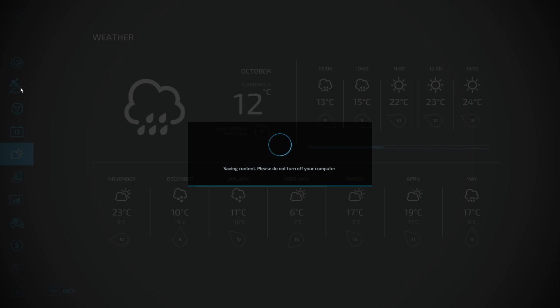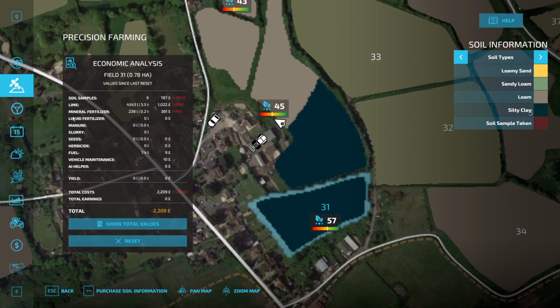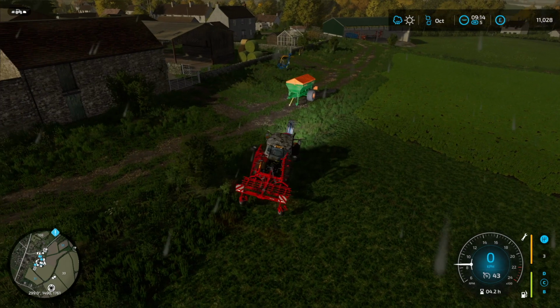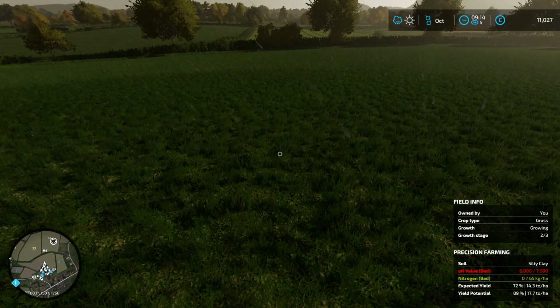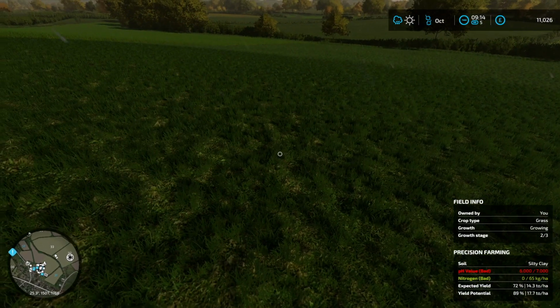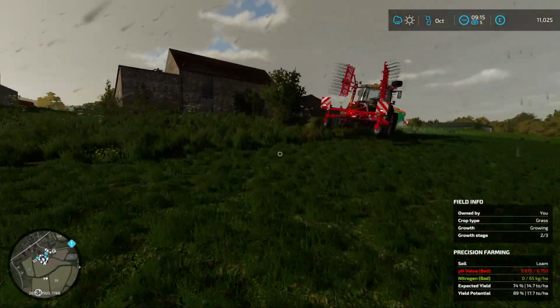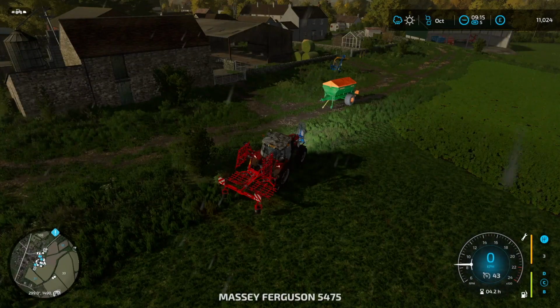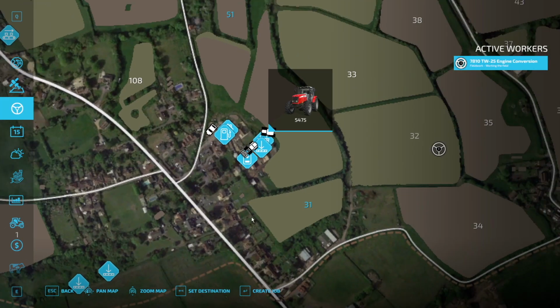Right, let's have a look at our current soil. Right, so this is kind of what I was a bit worried about, is that it was going to be very similar to the silty clay of down here. But, well, let's hop out actually and have a look at it. Right, so nitrogen's bad, pH is bad. I don't know what I was expecting, but we will lime this field now. Well, once the rain has ceased, we will put the times back to times 3, and we'll get that all dealt with. Now, before we crack on, I want to ensure...